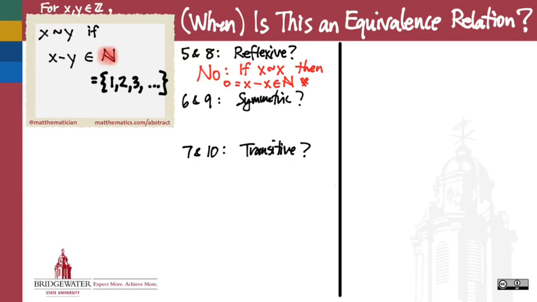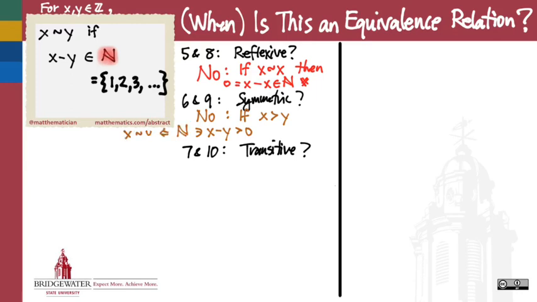No, why not? Well, because if x is greater than y, then what happens? If you do y minus x, it could possibly come out to a negative number. Not just possibly. If you make the assumption that x is greater than y, then y minus x will be negative. So if x is greater than y, then x minus y is going to be positive. It's going to be a positive integer, and therefore will belong to the natural numbers,